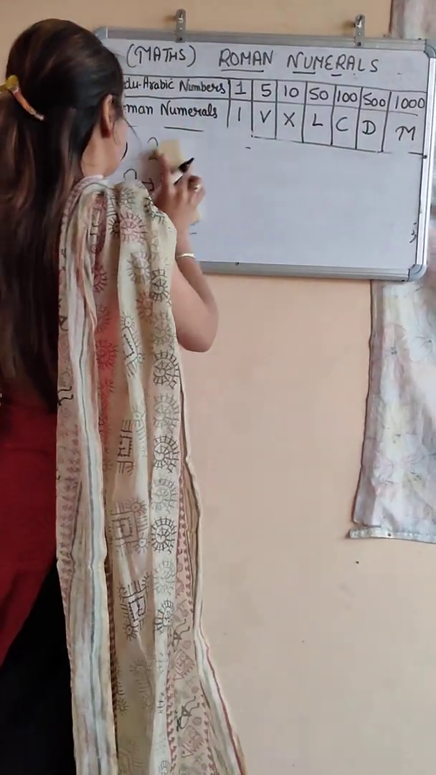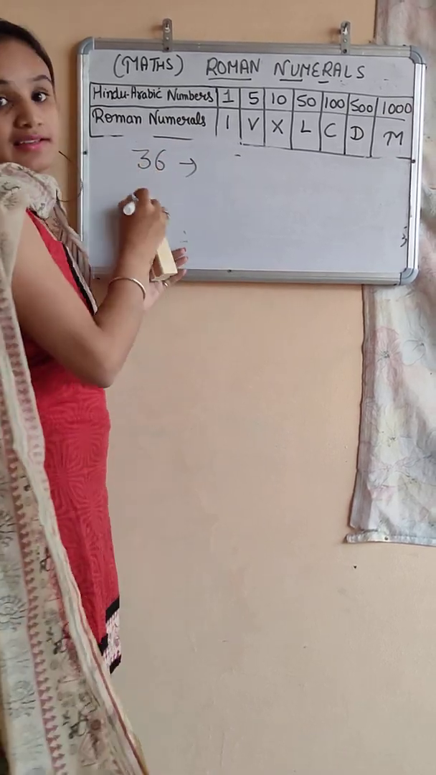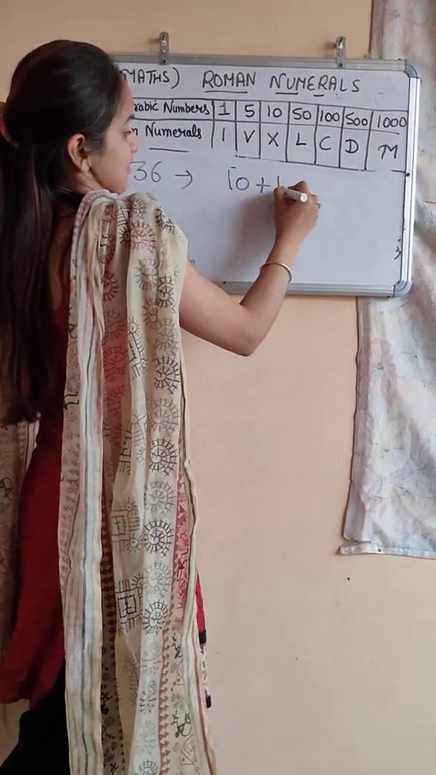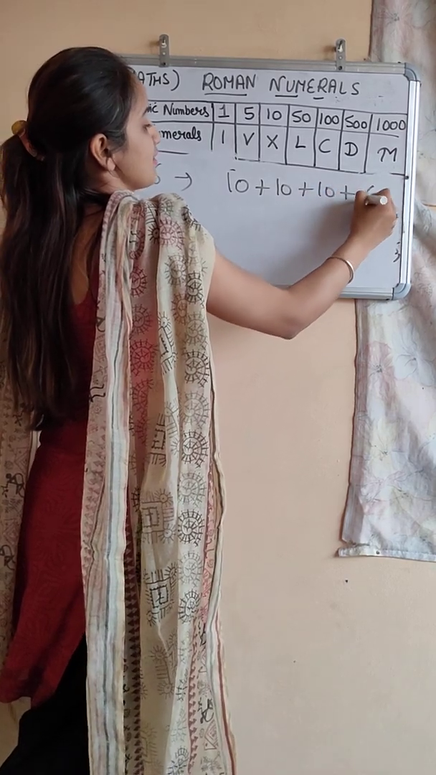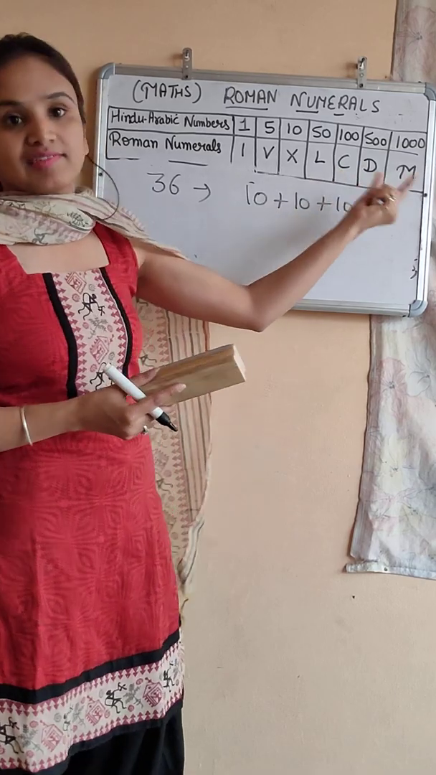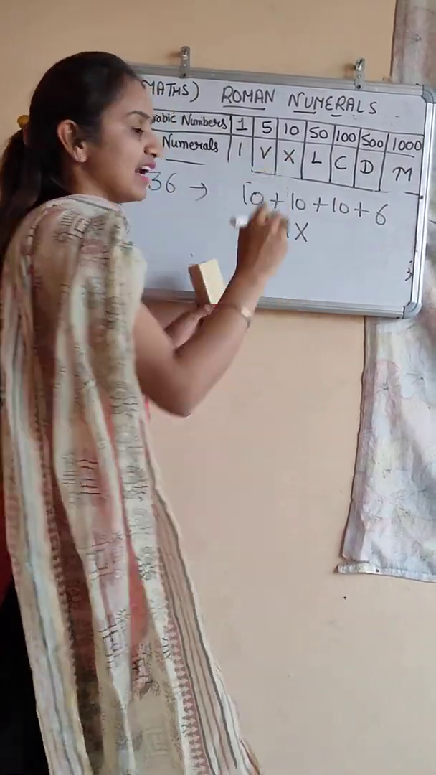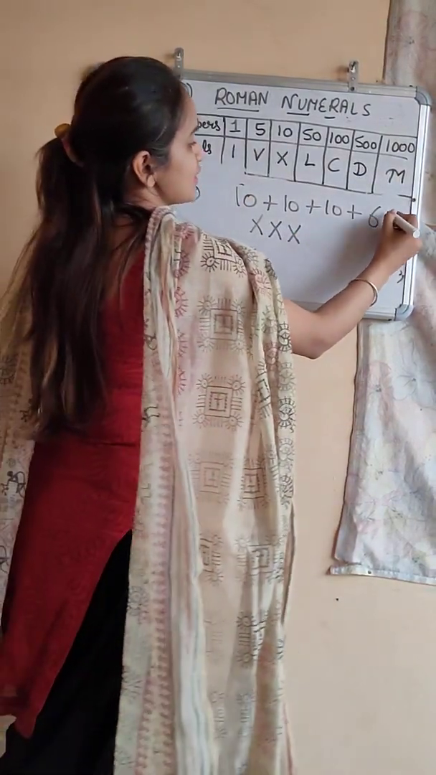Today our last example is, we will write 36. 30 is 10 plus 10 plus 10, plus 6. Because this is 3 times and we can write a symbol 3 times, so we will write XXX. And how will we write 6? 6 means